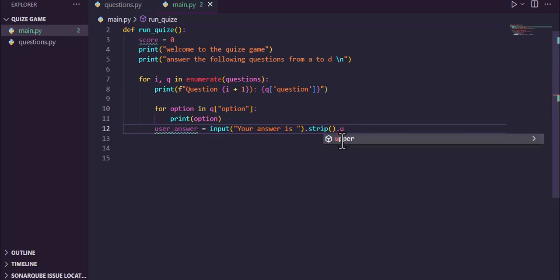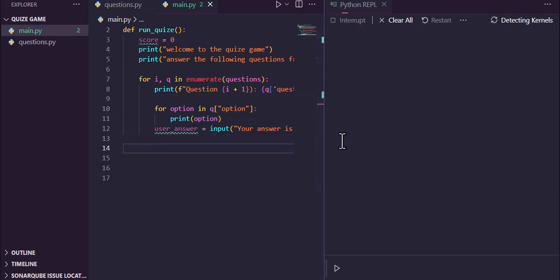So we are changing whatever the user enters into a capital letter. Now once we are done with that, we have a condition that checks if the answer is correct and if the answer is not correct. So we now have a condition that says